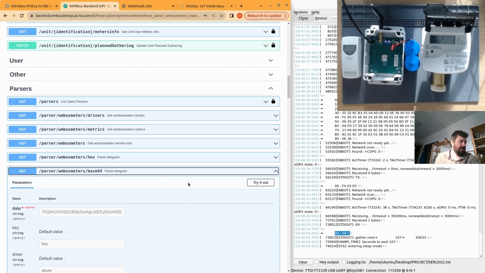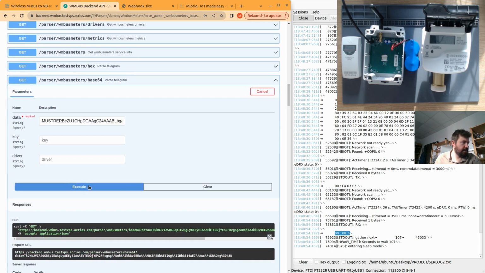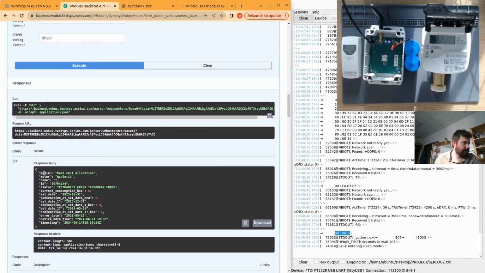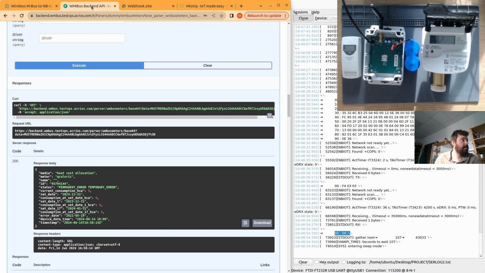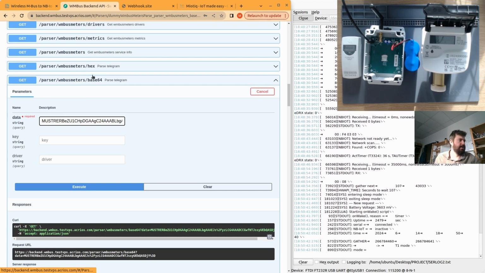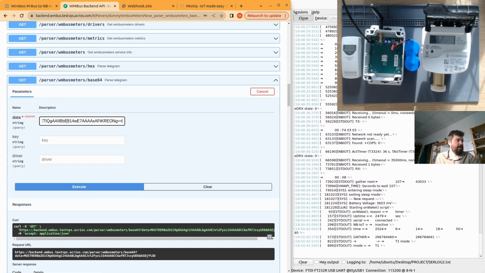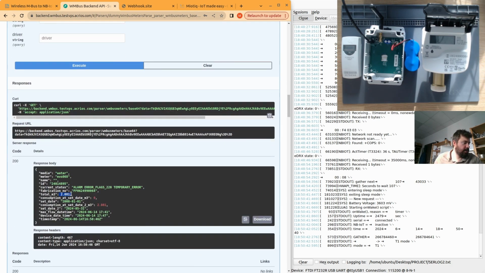So you can go here, and if I copy the message here and I click on execute, it will give me the data. And here it's not very interesting because the heat cost allocator only has a 0 value on it, but maybe let's check the other guy, which is the water meter. This will be more interesting. And as you can see, you can always use either base 64 or hex. So we have the data in base 64, so we use this button, and we have 2.081